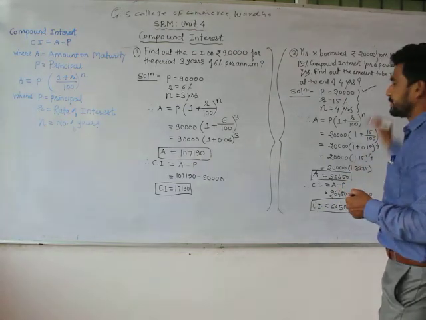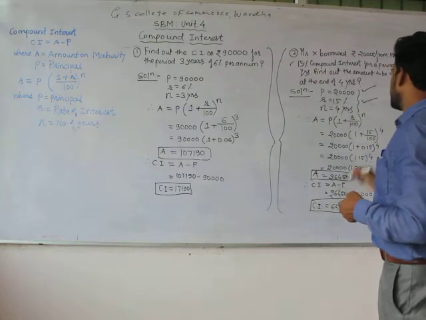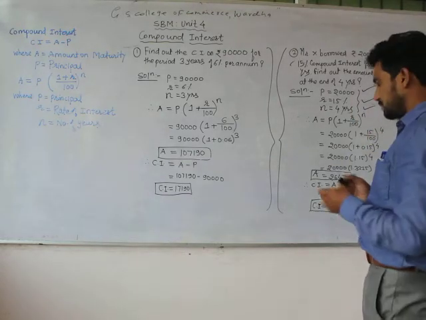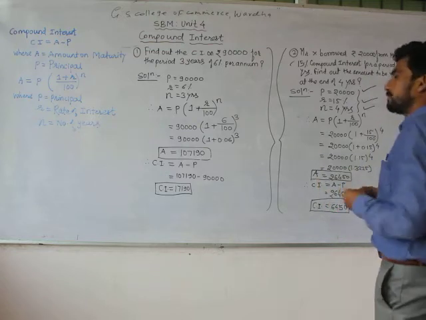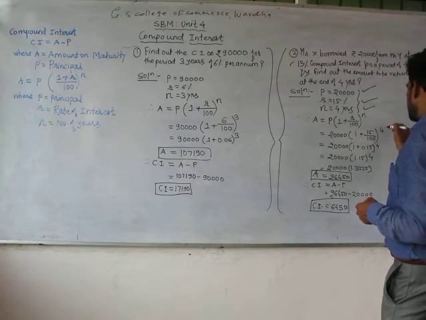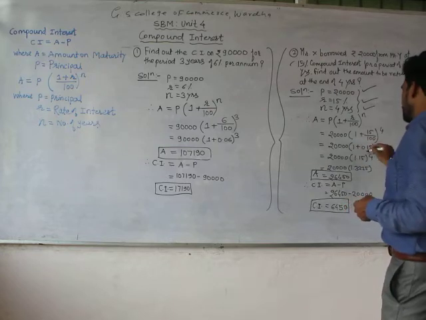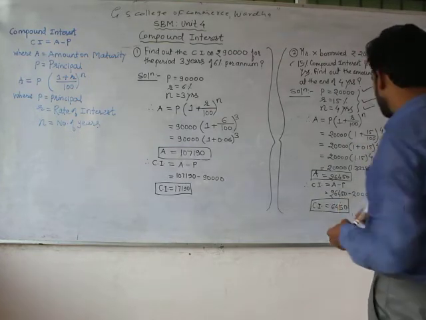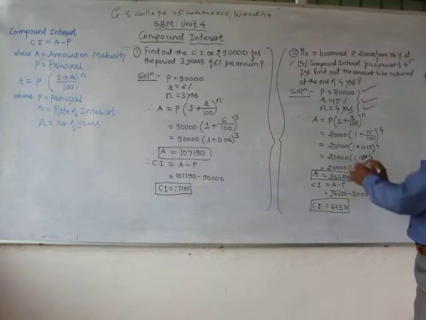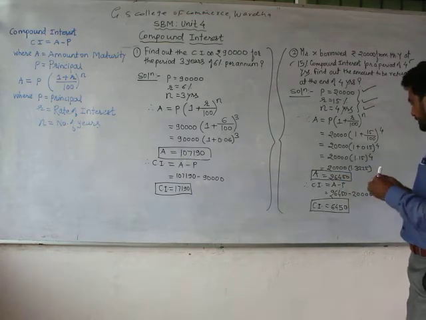We have principal rupees 20,000, rate of interest 15%, and number of years equals 4. We put these things in our formula. A equals P in bracket 1 plus R divided by 100, to the power N. P is 20,000, 1 plus R, 15 divided by 100, to the power 4. Why 4? Because the number of years is 4. 20,000 in bracket 1 plus 0.15 to the power 4. So it will be 20,000 in bracket 1.15 to the power 4. After doing all the calculation, you will have the answer 26,450. Let me check once again.